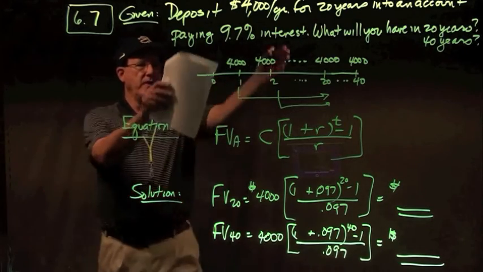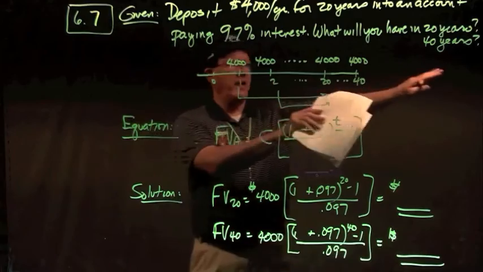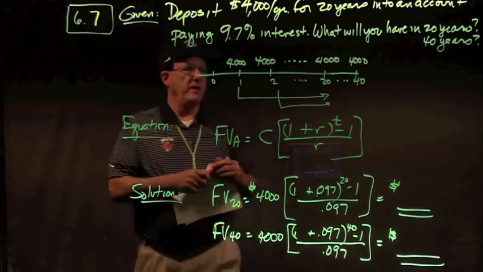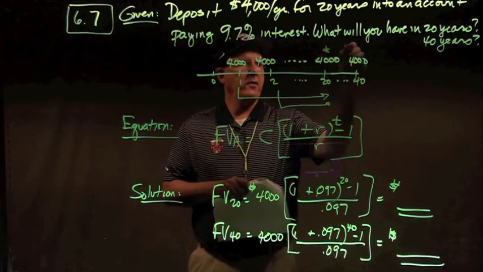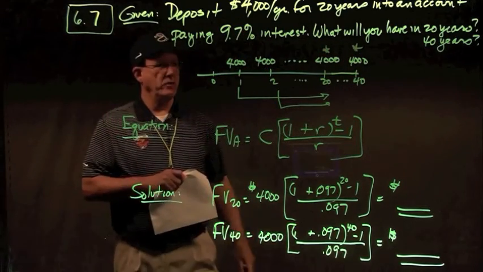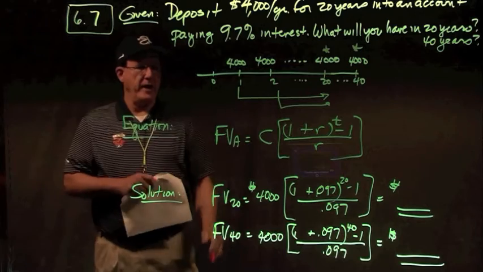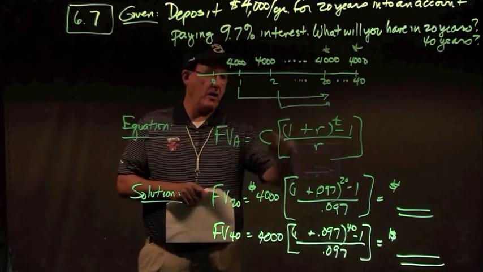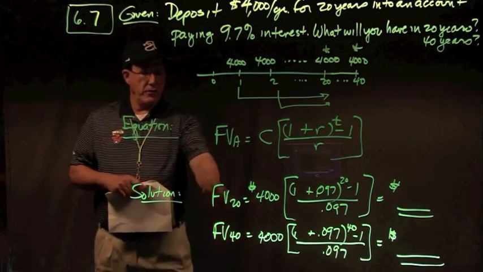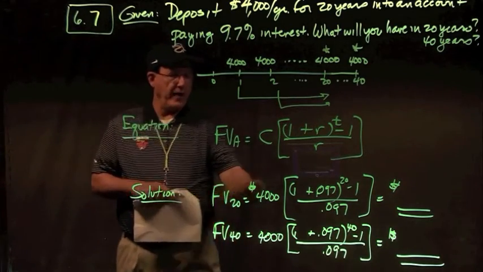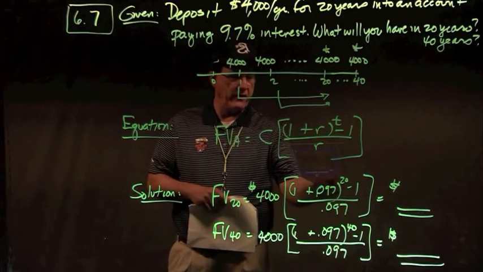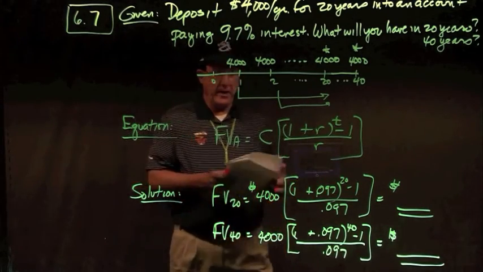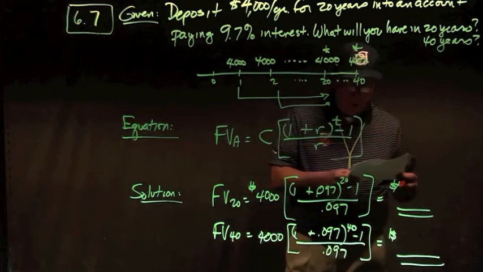And are we discounting these back to today or compounding them out into the future is the question. If we want to know what they're worth out here in 20 years and 40 years, we're compounding out to the future. We want the future value of that annuity. That's C times quantity 1 plus R to the T minus 1, all of that over R. So future value in 20 years, I'll have 4,000 times 1 plus 0.097 to the 20th power minus 1, all of that over 0.097. And in 20 years, I will have gathered